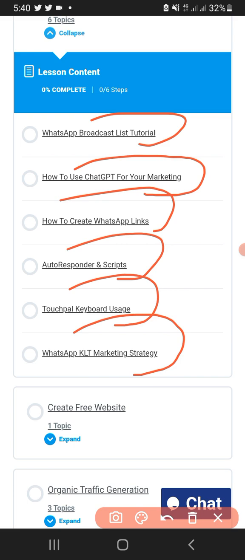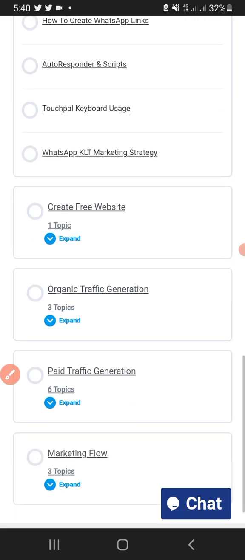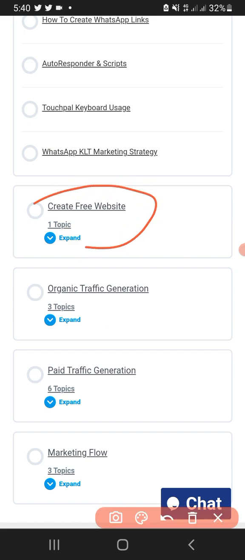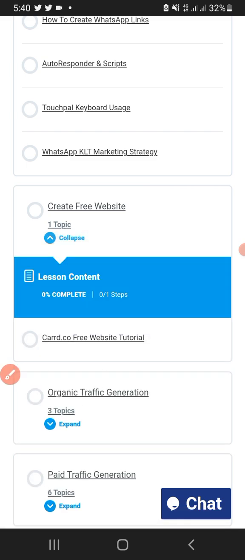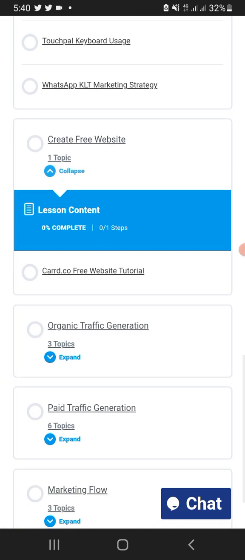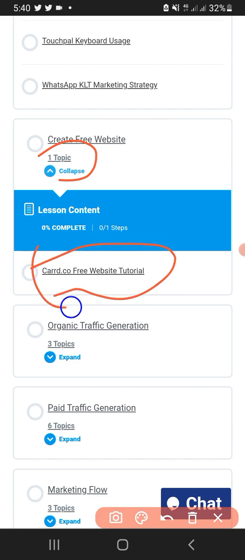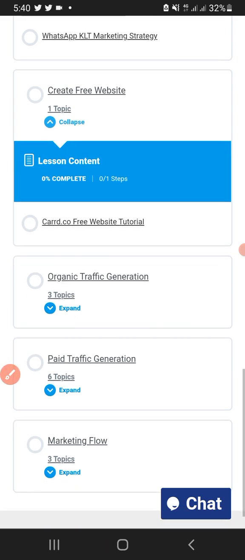Now, once you are done watching all these videos, you move on to the next section, which is how to create a free website. If you click on this expand option, it's going to bring out just one single topic, because as you can see here, it says one topic. The one topic is how to create a free website via this car.co website. Now, once you are done watching this video, you move on to the next one, which is